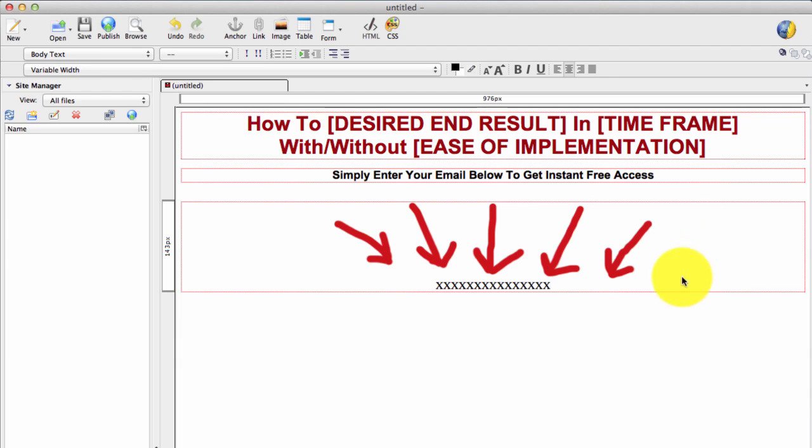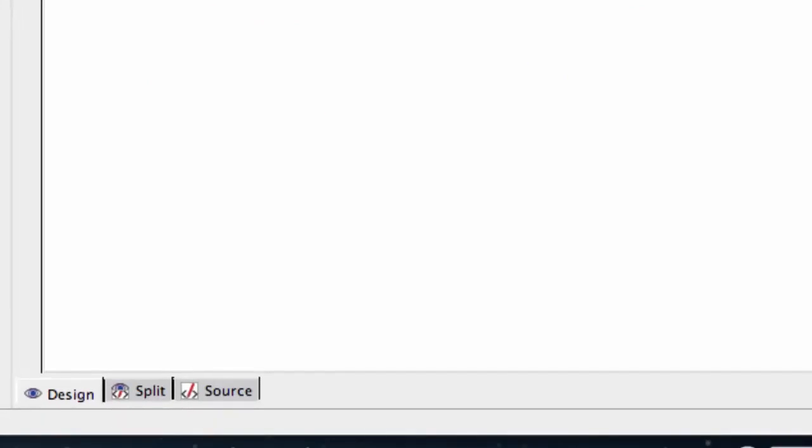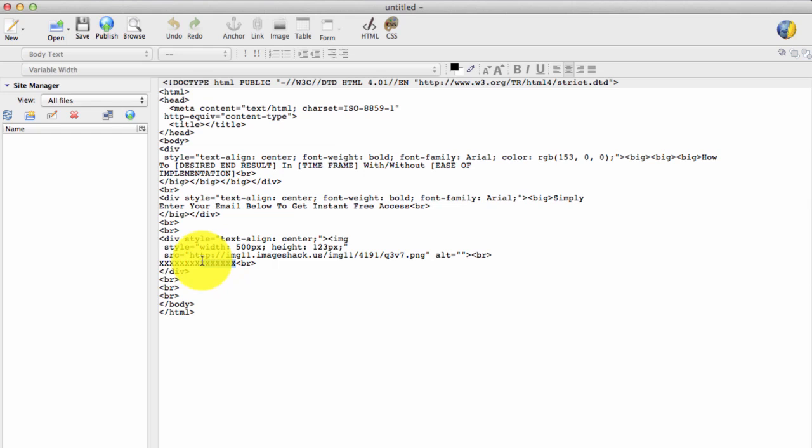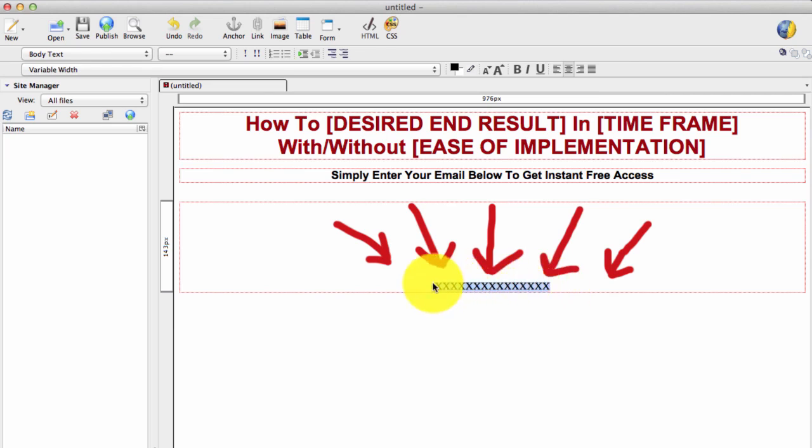But yeah, once you've created your form at your autoresponder service, what you want to do then is go down to the source, locate where you've put all your X's, and the code that your autoresponder service gives you for your opt-in form, you just simply paste it over the X's, and when you go back to design, it will show up here. Now if it's some kind of iframe code, it won't show up until you upload it to your hosting. Now that's basically it, and you're probably thinking it looks rubbish,